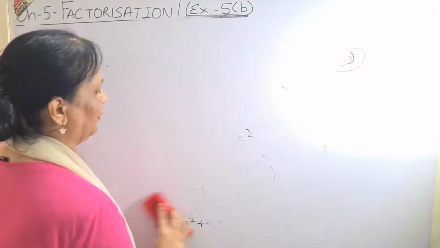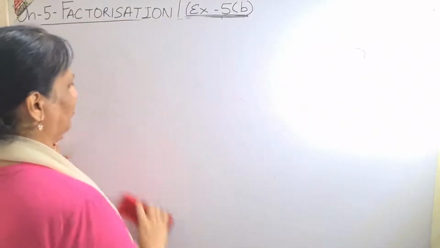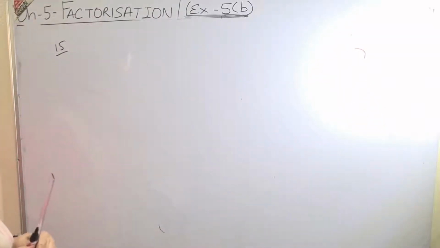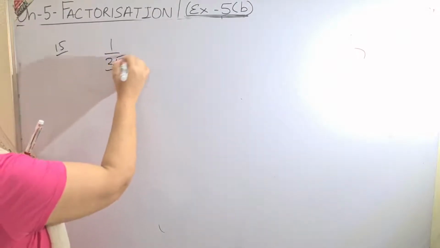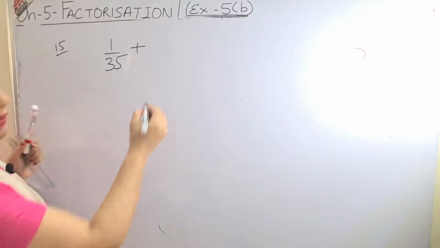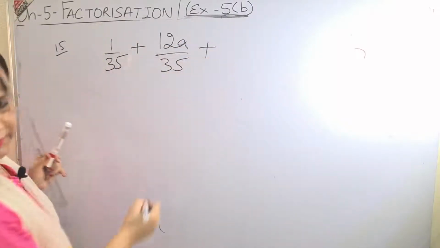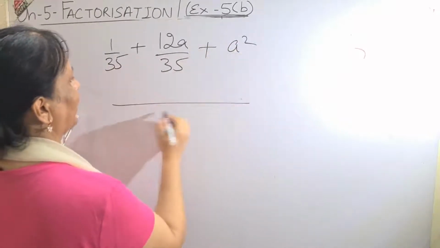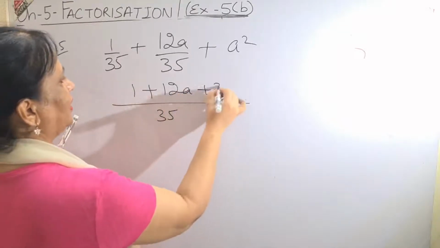and this question number 15 and 16 had come in the paper last time. It came in the first term as well as in the pre-board, and this sum, question number 16, came in the finals also. So I am doing it with you. 1 by 35 plus 12a over 35 plus a square. So see children, you will take 35 as an LCM, 1 plus 12a plus 35a square, and